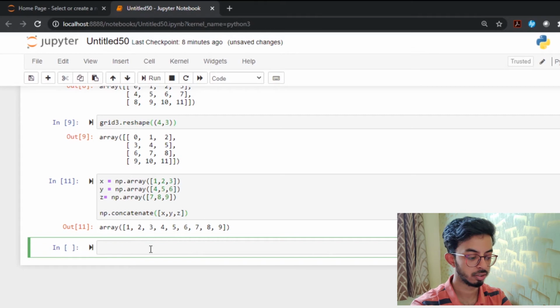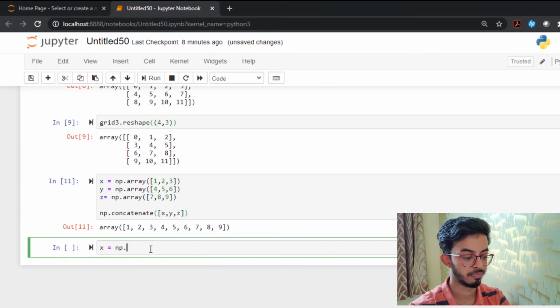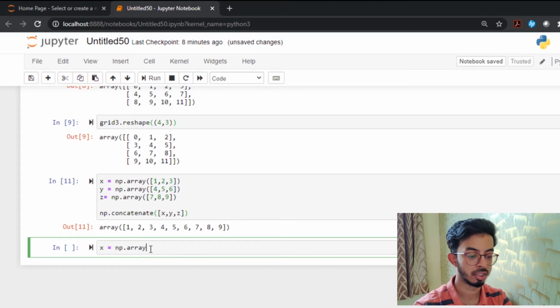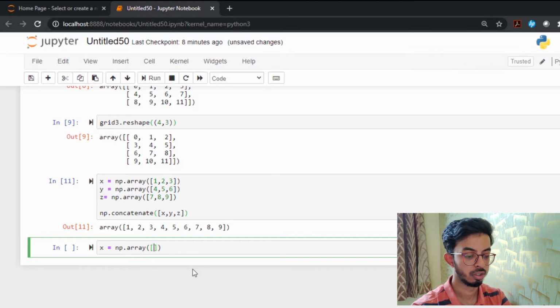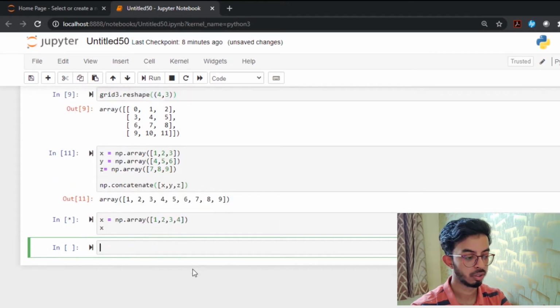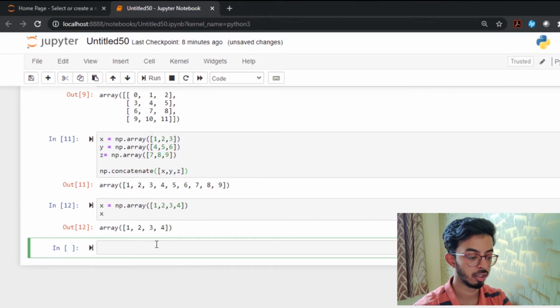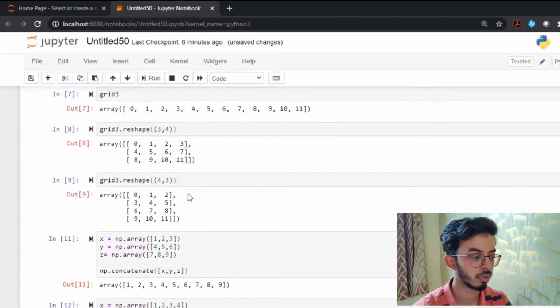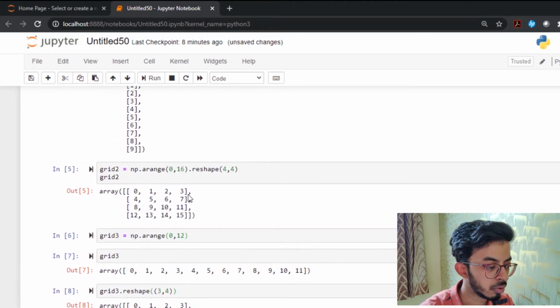Let's create a 1 by 4 matrix with the name x, np.array, let's create this array. We have 1 2 3 4.